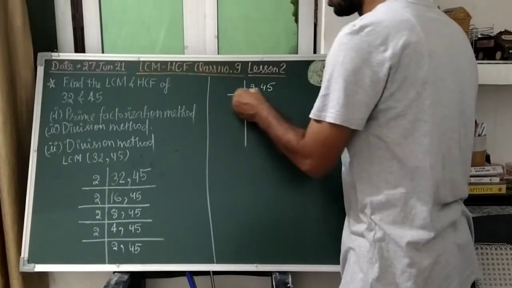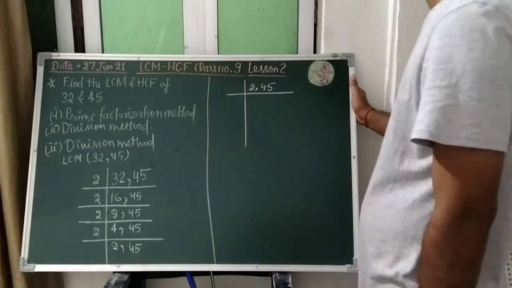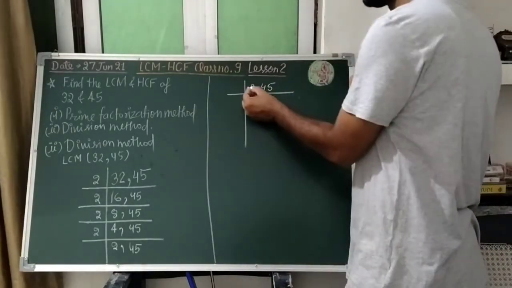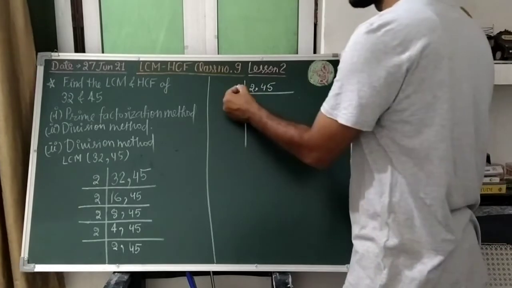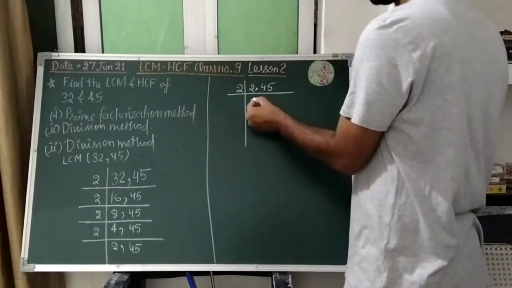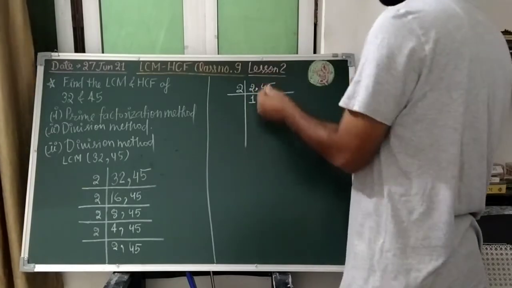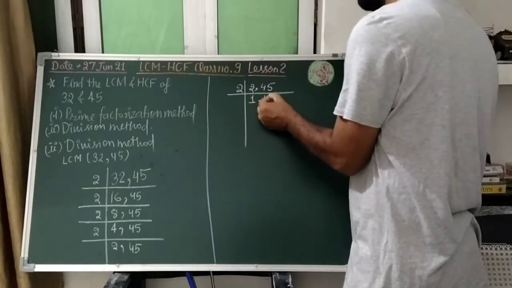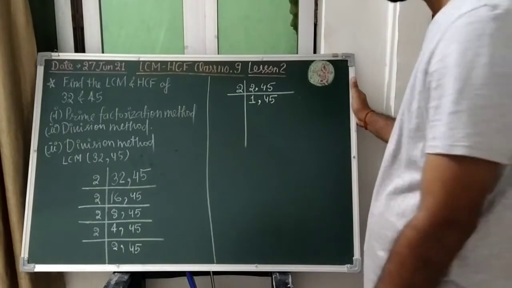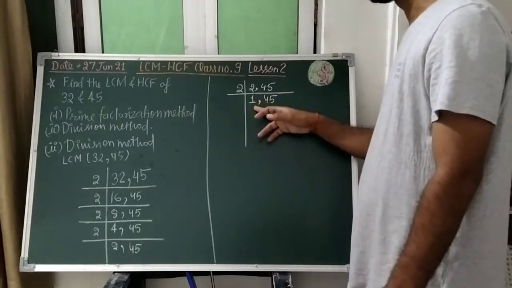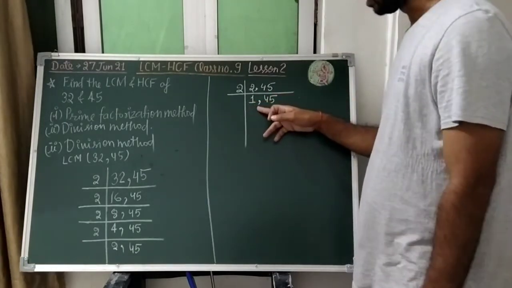So next horizontal line we shall start and we'll say that whether 2 is going to divide this 2. Yes, 2 will divide it. So 2 we shall select here. It will go one time to divide this 2. 2 is not going to divide this 45. So 45 will be written in the same. So this number has reached 1.